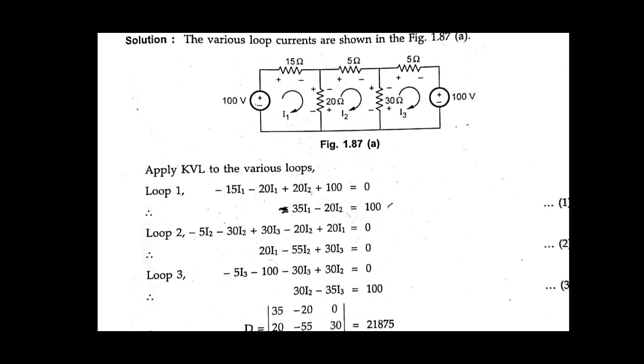See here, minus 5 I2. Why is it minus 5 I2? Because the current I2 is flowing through the 5 ohm resistance. Minus 30 I2. Next, plus 30 I3. Why plus 30 I3? Because the current I3 is also flowing through the 30 ohm resistance. So plus 30 I3 and minus 20 I2